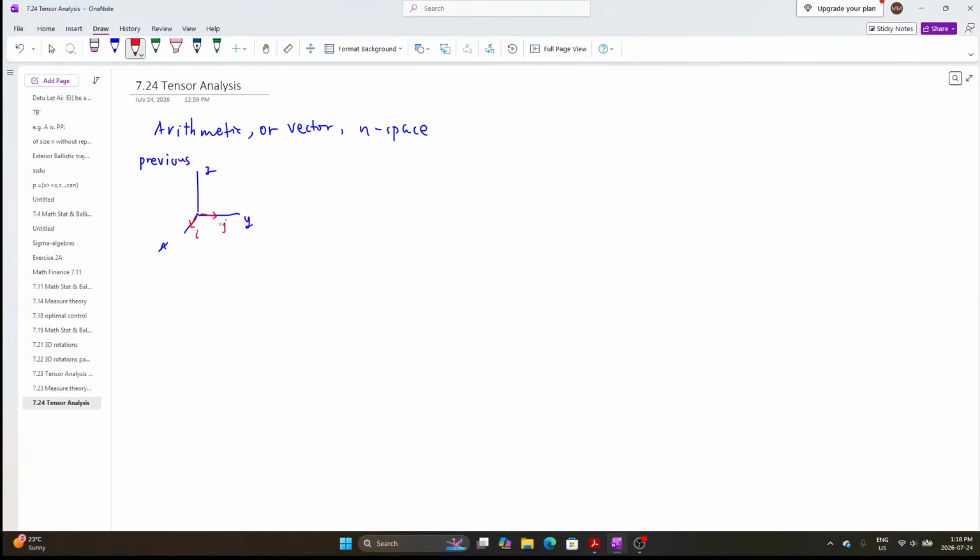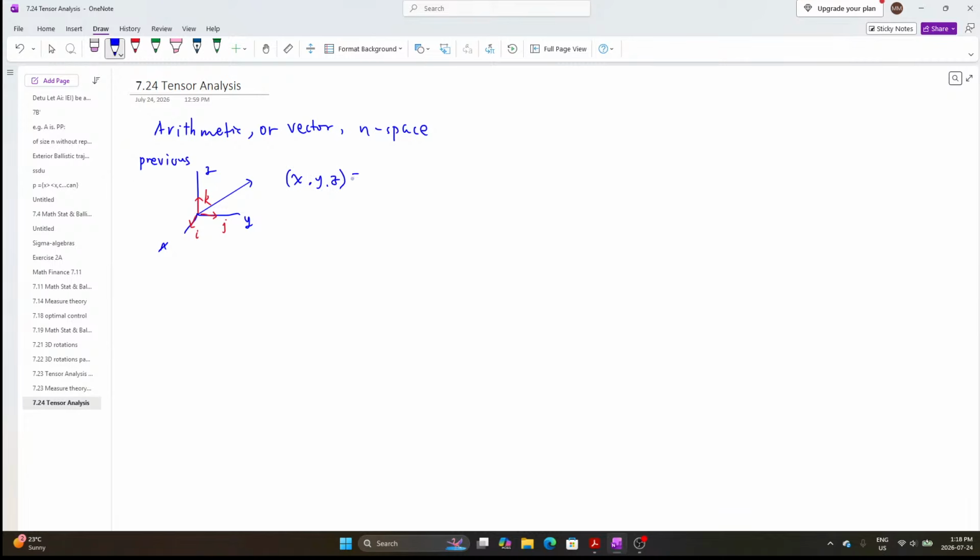In linear algebra, we usually write e1, e2, e3 instead to avoid confusion with the imaginary unit i. So any vector can be represented by 3 numbers. Imagine here you have a vector. This vector can be written as 3 numbers x, y, z,